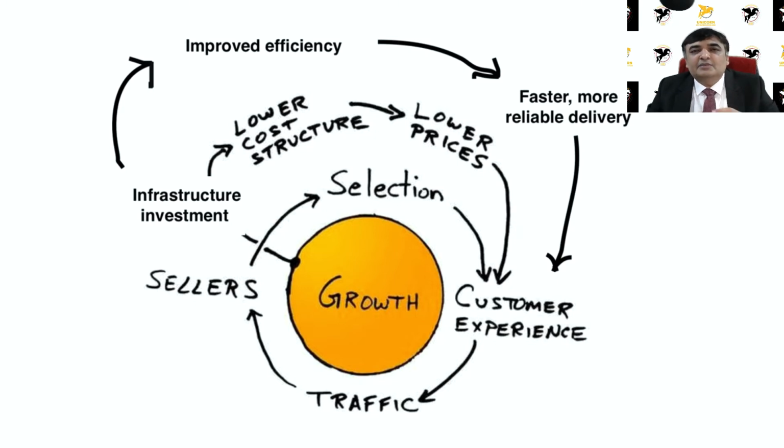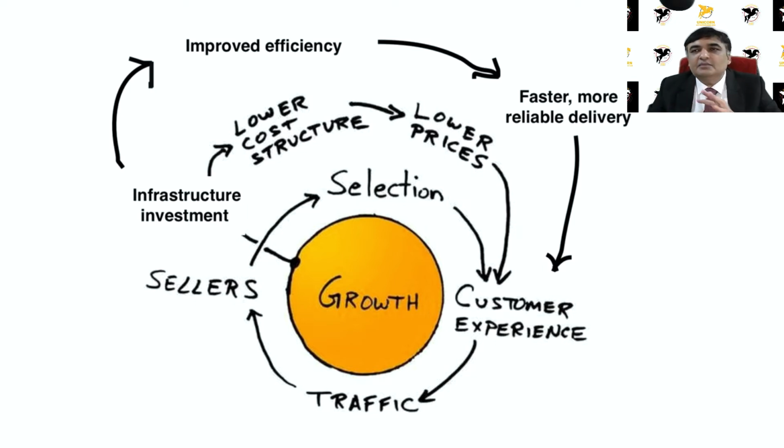So what is in principle happening here is Amazon created a perception of customer experience. Even sometimes if you get bad service from Amazon, now the perception is that Amazon is providing great customer service, great customer experience. So it increases its traffic. So there are more sellers, more selection. With the infrastructure, it is running on utmost operational efficiency, faster, more reliable deliveries. Lower cost structure, lower prices. Again, customer experience enhances. So this flywheel has resulted in tremendous growth for Amazon.